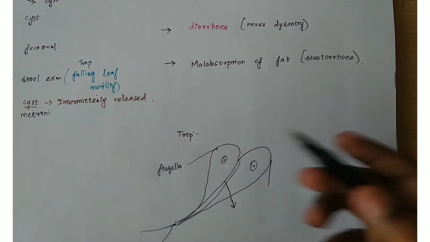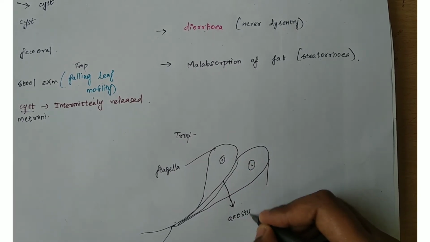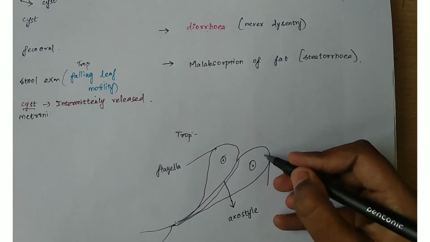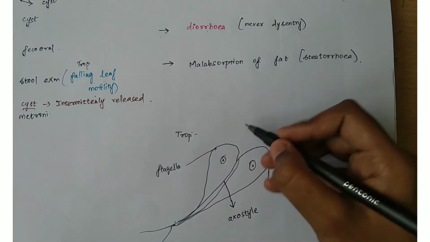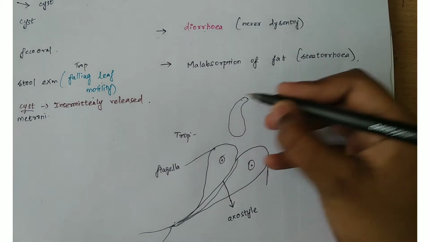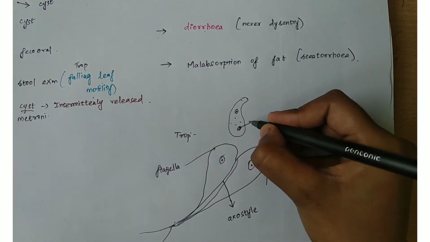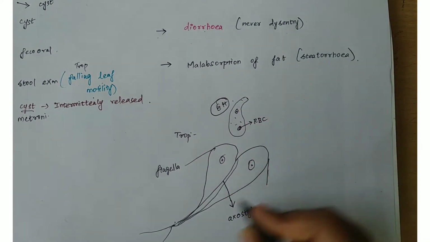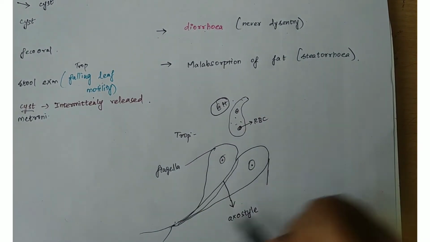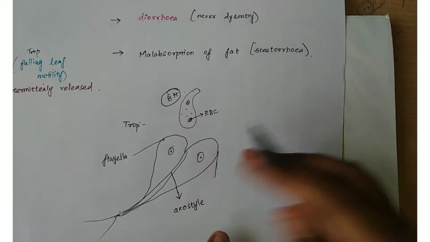It will have flagella, and in the center it will have an axostyle. These two are the flagella. This is the nucleus. In Entamoeba histolytica, we'll have something like this: nucleus, cytoplasm, and then RBCs will be there. This is Entamoeba histolytica. But in Giardia, since it is a flagellate, you will have flagella, axostyle, and nucleus. The cyst will be like